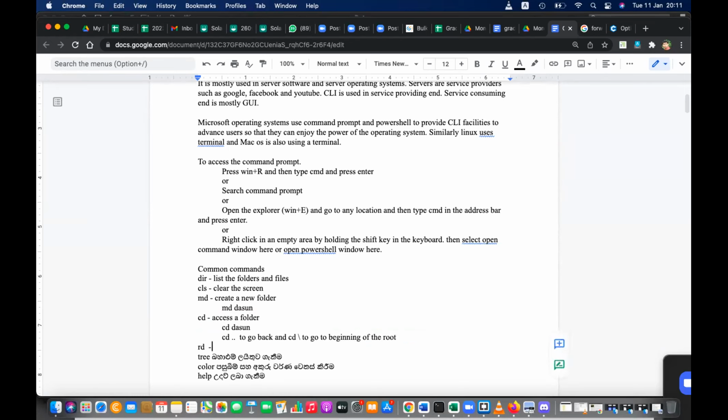RD is erasing. Tree is showing the list of folders and subfolders. Color is changing background and foreground colors. Help is to get help.